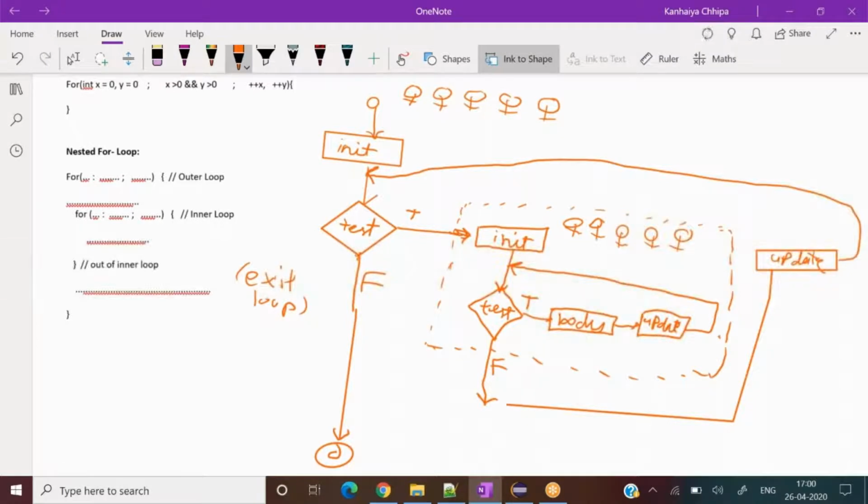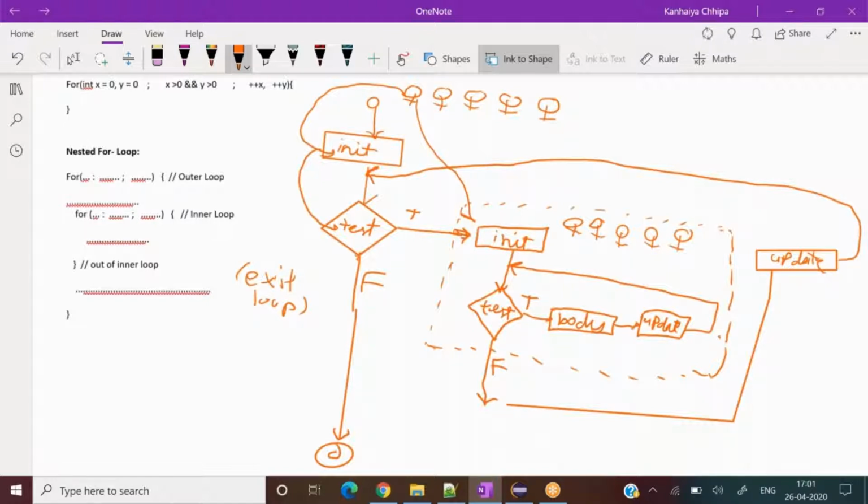So once this guy gets initialized and jumps over here for the first time, its condition would be checked, and if it passes the condition, then it will go to the inner loop here.